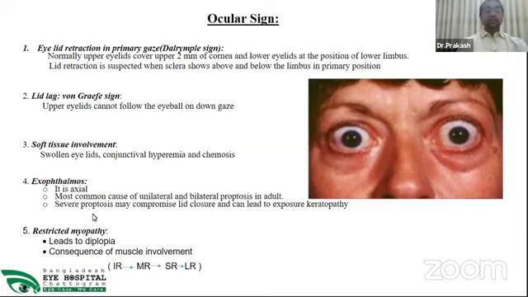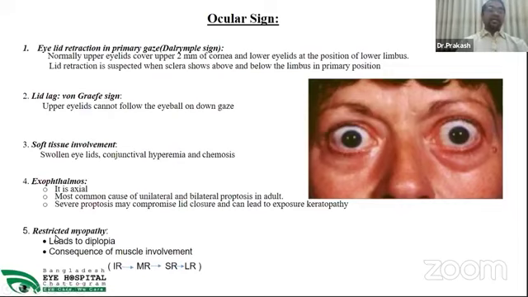And severe proptosis compromises the lid closure. The lid cannot be closed, and that is called lagophthalmos, and that leads to exposure keratopathy. So this is a serious consequence of the proptosis. If there is exposure keratopathy, if the cornea is lost, the infective focus will get access inside the eye, and that causes endophthalmitis, panophthalmitis. Ultimately, there is a possibility of loss of sight and loss of eye.